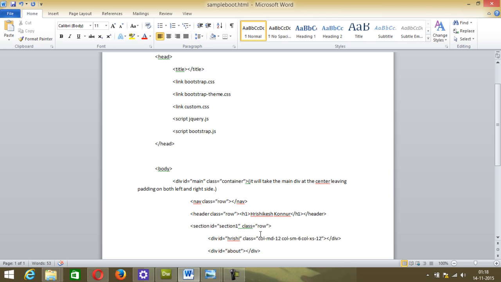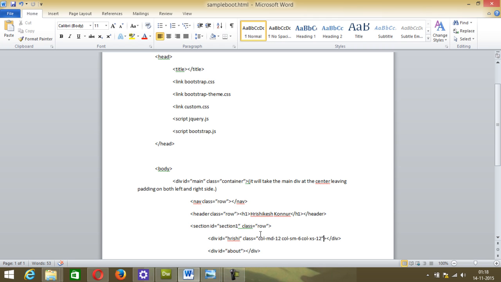If you miss any small element in the syntax, the whole code will not work, and you need to spend a lot of time figuring out the mistake. So the classes for the div having id Rishi will be col-md-12, col-sm-6 and col-xs-12, depending upon the width they